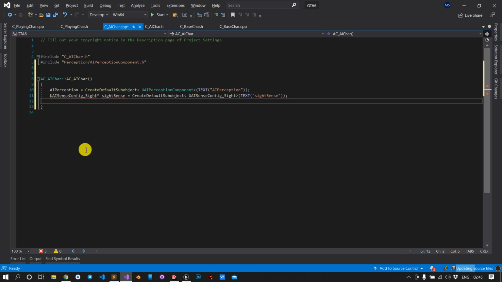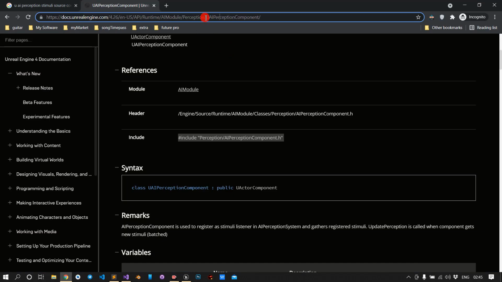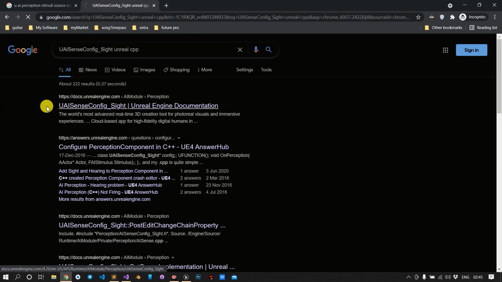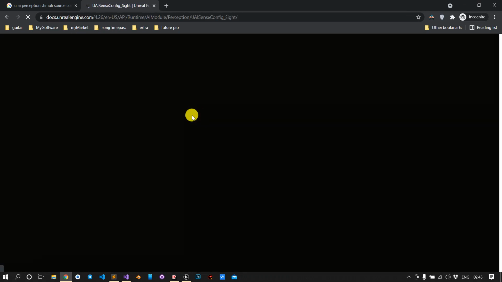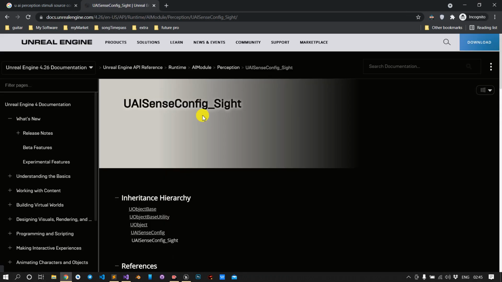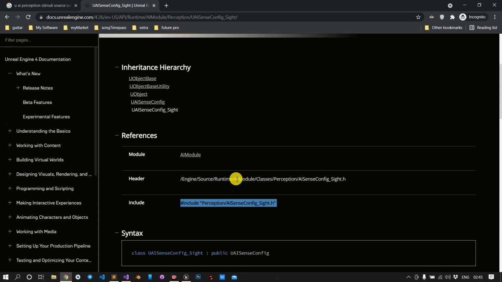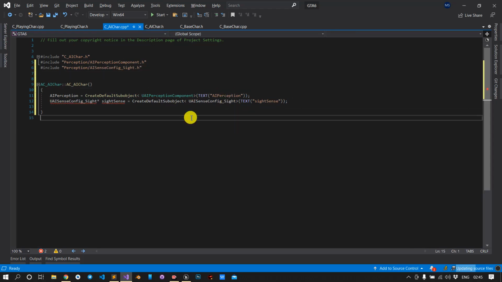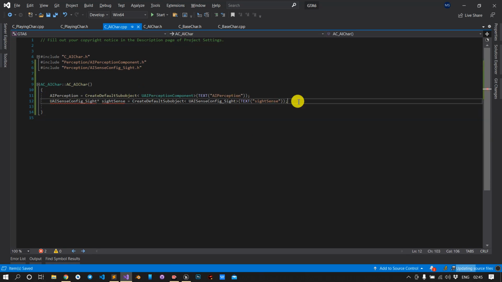We don't have the reference because we don't have the header file, so just put it in the Chrome. Just go for the first one and we will have the header file. Okay, right, so we have this thing here.